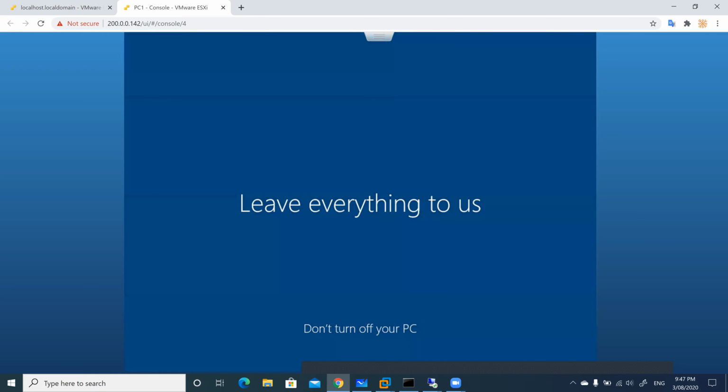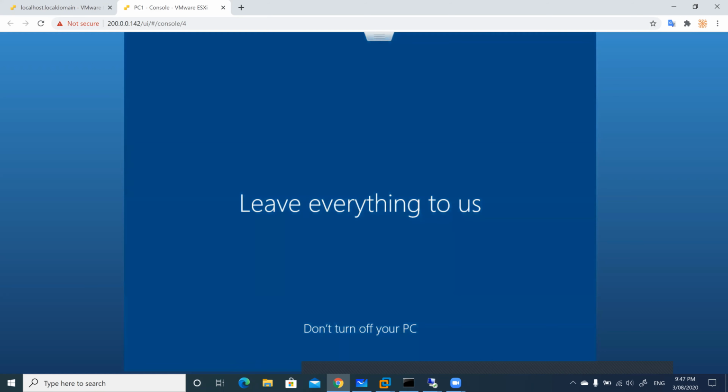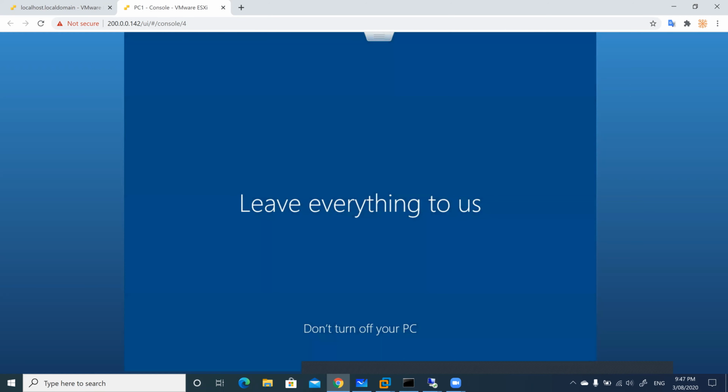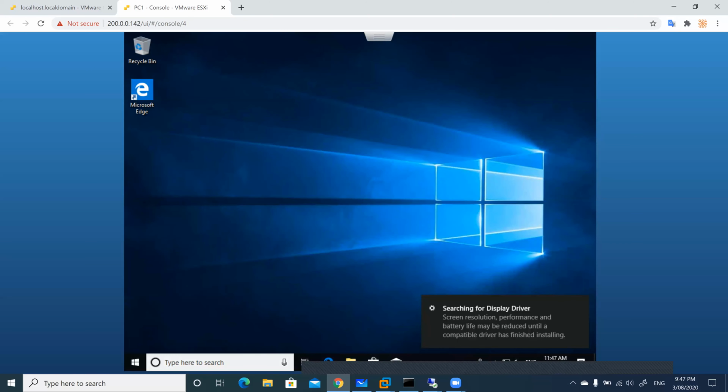After this, we will just see how it will be automatically added to the domain. Then we will change the PC name because it will be like administrator. So we will change the PC name, and then we will log out and log in with the test user which we have created.